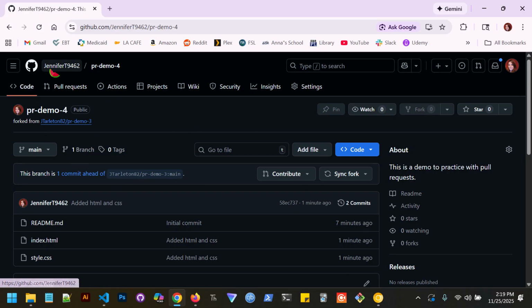This branch is 1 commit ahead of the original repo. This is my name for my regular account, and this jcharlton82 is where the original repository came from. Also, if the owner of the repository makes changes, you can sync their fork. But what we're going to do is go up to the pull request tab,